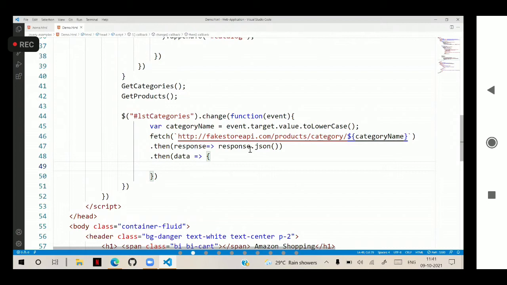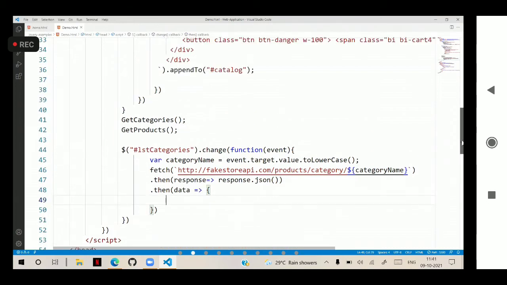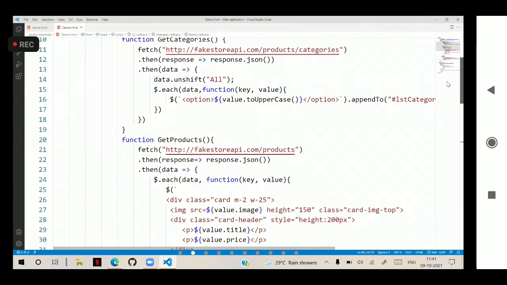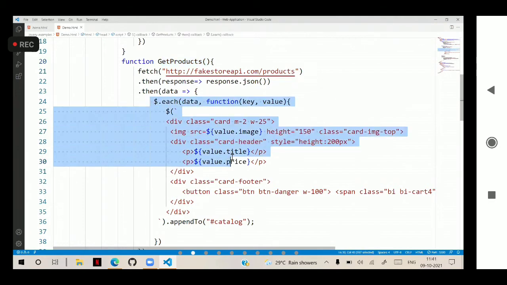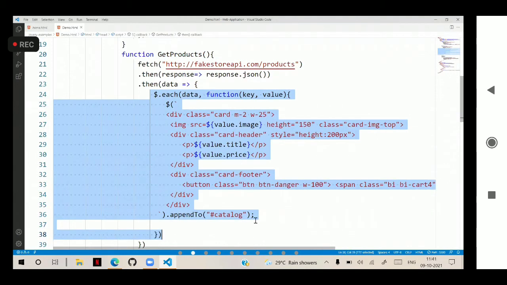You see now, this get products is accessing all the products related information, and it is rendering a card. This is the iterator which is rendering the card. Now this logic part that is iterating and rendering the card for data, we need several times.